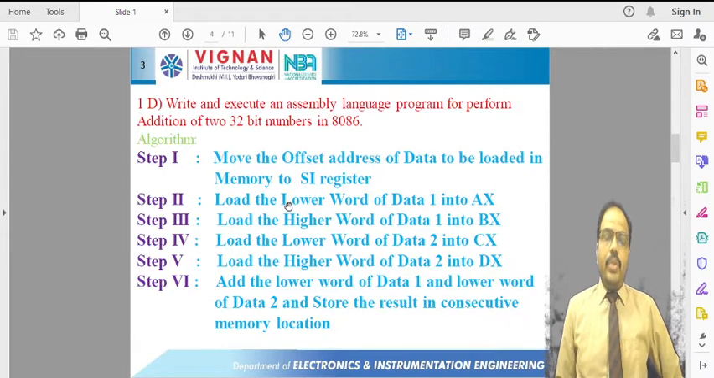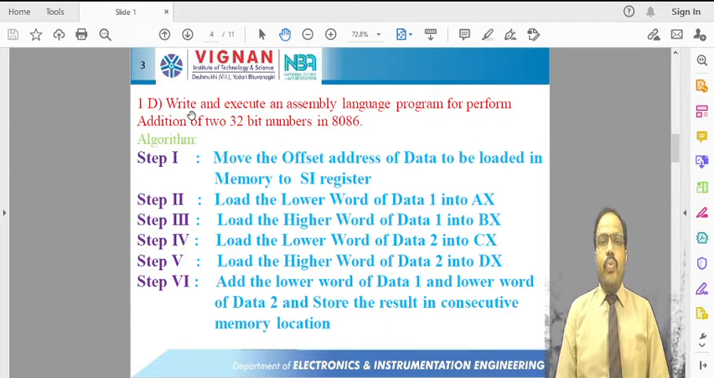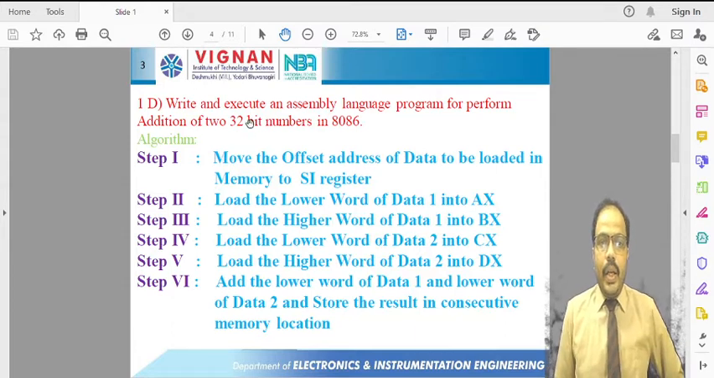Okay, so up till now we have discussed 1A, B, C. 1A is the assembly language program for addition, subtraction, multiplication of two 16-bit numbers. B is the division of two 16-bit numbers. C is the logical program, that is logical OR and XOR on two 16-bit numbers. So this is the fourth program, that is 1D. Here the program is to write and execute an assembly language program to perform addition of two 32-bit numbers in